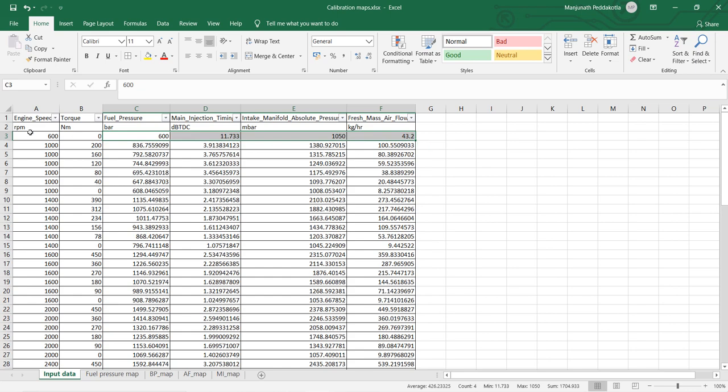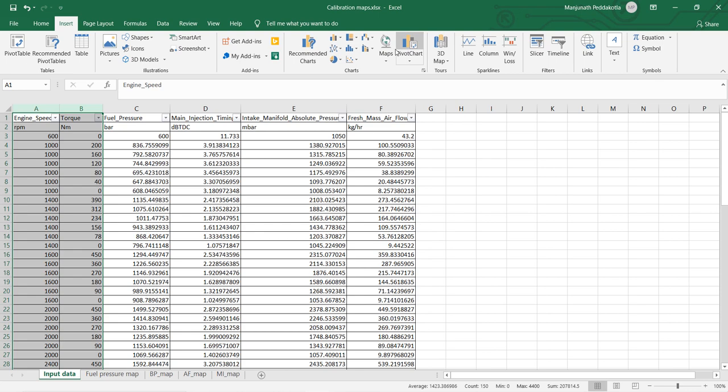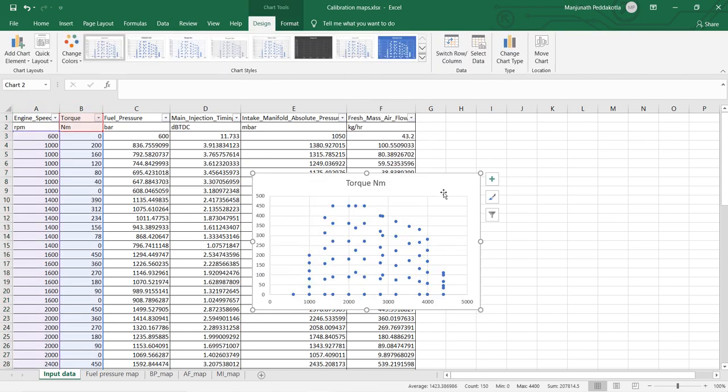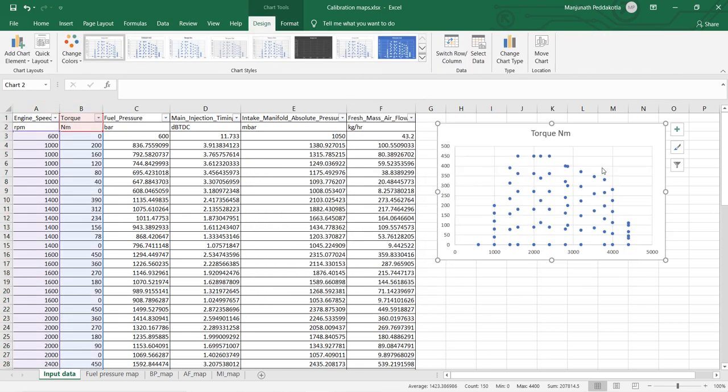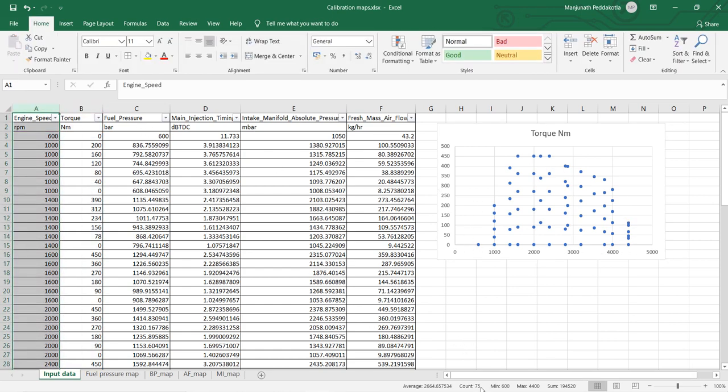Once we do the optimization at different points, the big challenge is to create a map which helps in flashing into the ECU and seeing the results. If you can see here, the data which we have, the speed and torque zone, we have this many points in the whole operating zone of the engine. You can see the total was 75 minus 2 headers, so 73 rows of data are available.